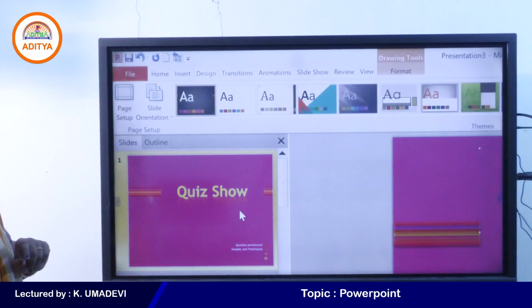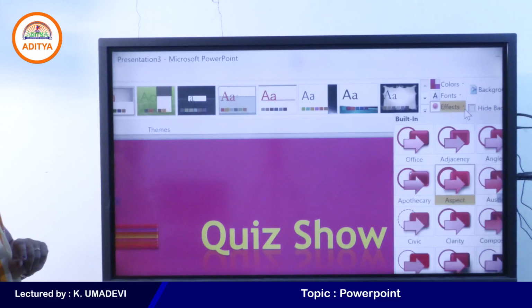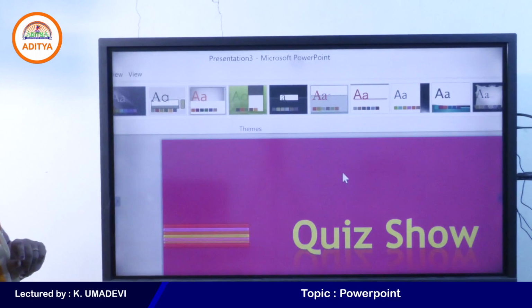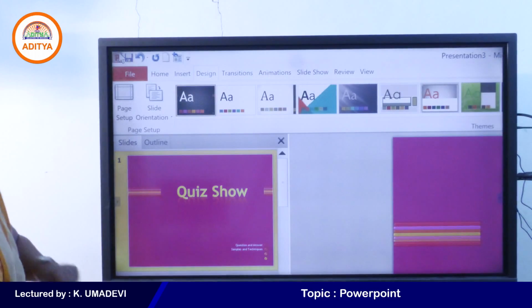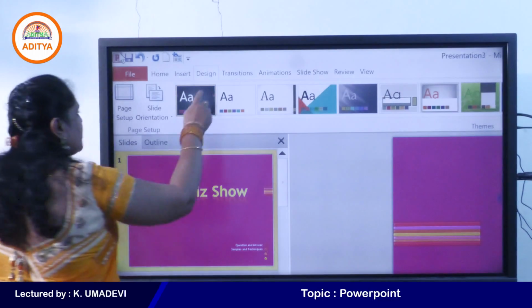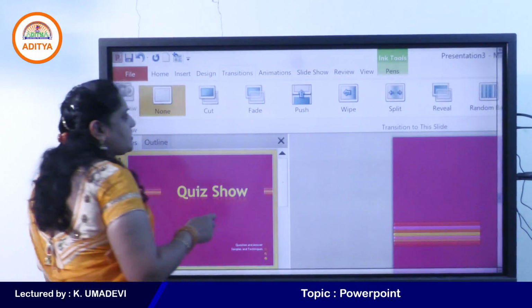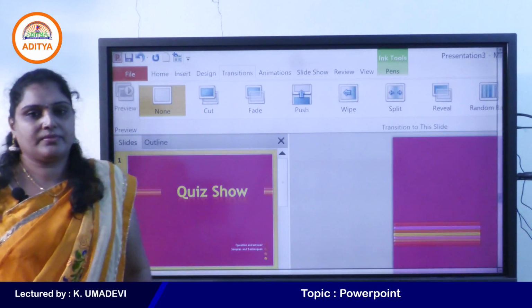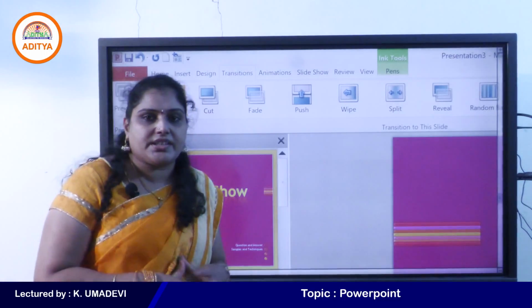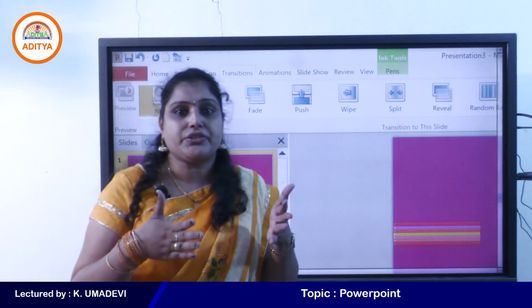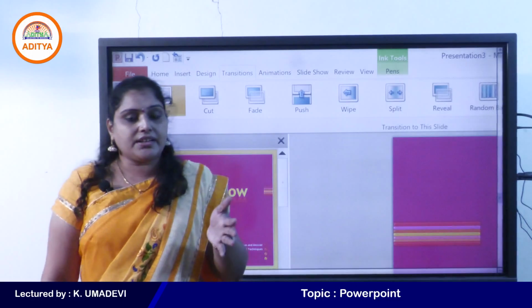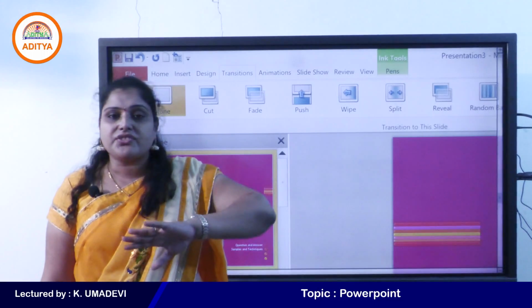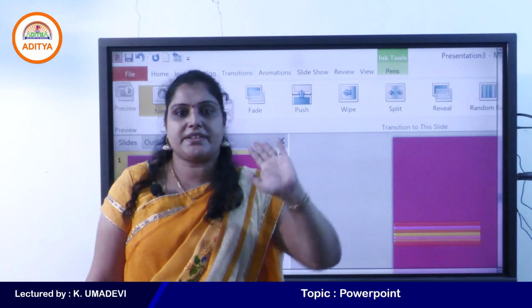So first select the slide. Yeah. So what is the next tab? Yes, the most important tabs are transitions and animations. So what is meant by transitions? See, transitions are animation-like effects that occur when you move from one slide to another slide during a presentation.